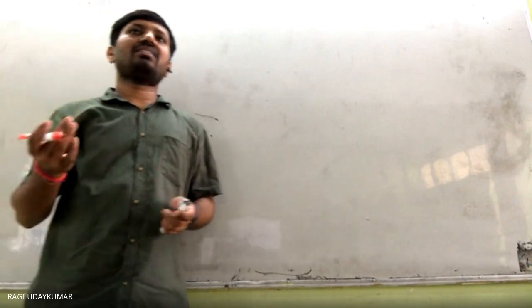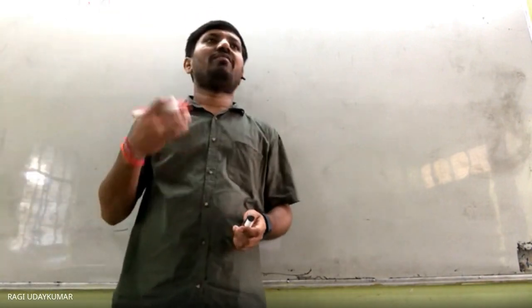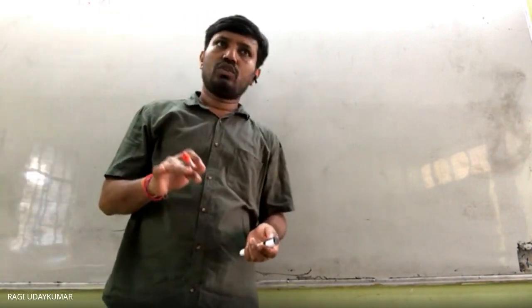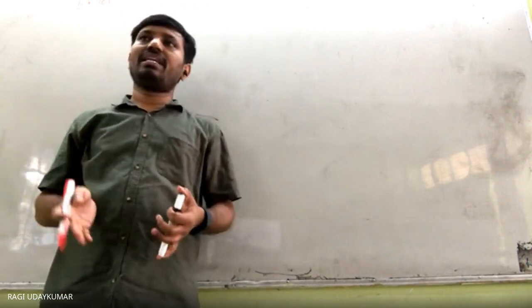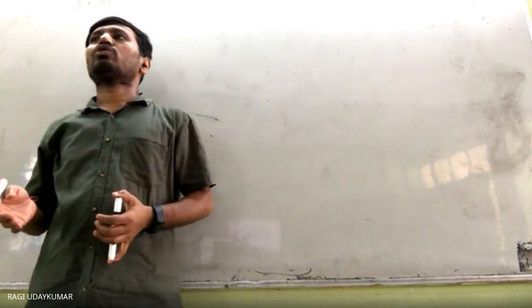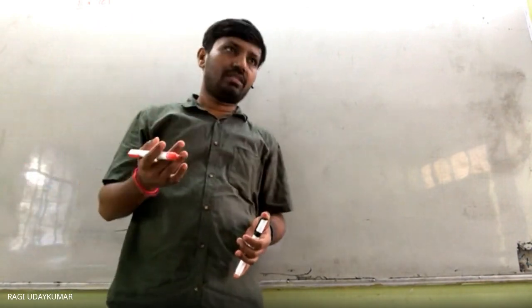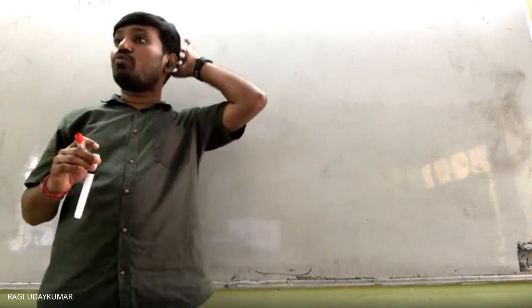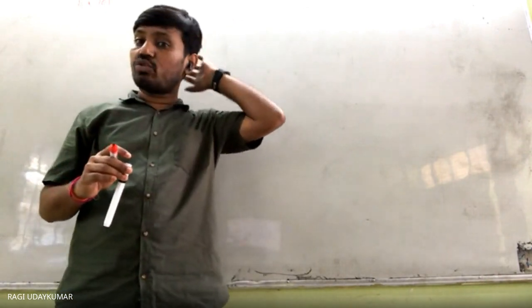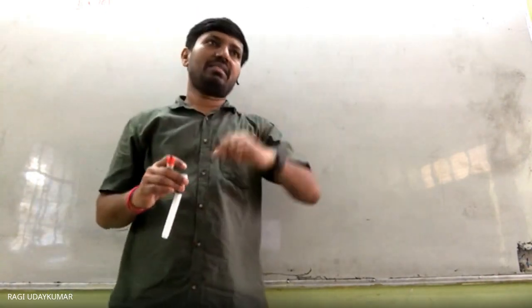Slope of the x-axis is 0 and slope of the y-axis is undefined. Slope of any horizontal line is 0. Slope of any vertical line is undefined. And the slopes of two parallel lines are always equal, and the product of the slopes of two perpendicular lines is equal to -1. These are the basic things we are having.